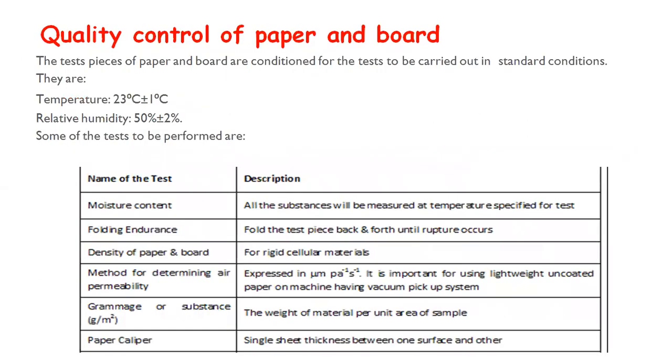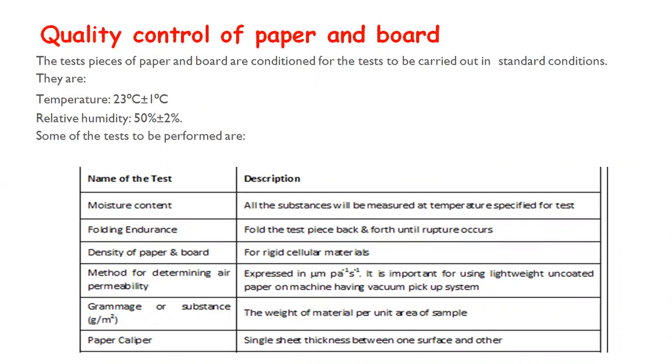Quality control of paper and board. The test pieces of paper and board are conditioned for the test to be carried out in standard conditions. So these are: temperature should be 23 degrees Celsius plus minus 1 degree Celsius, relative humidity 50% plus minus 2%. Some of the tests to be performed are moisture content, folding endurance, density